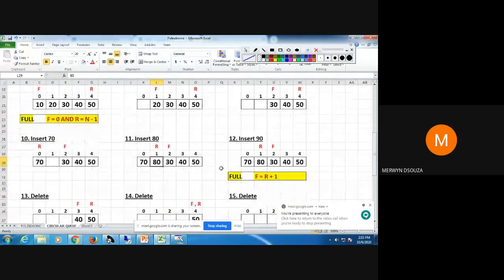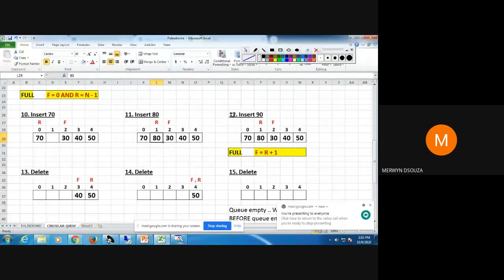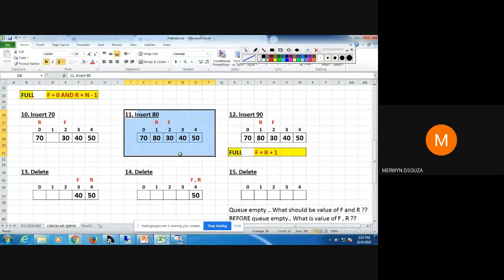Okay. Now in step 12, if I say insert again, you can see in step 11 your queue has become full. When your queue has become full, observe the values of front and rear. The value of front is equal to what? 2, and the value of rear is 1.